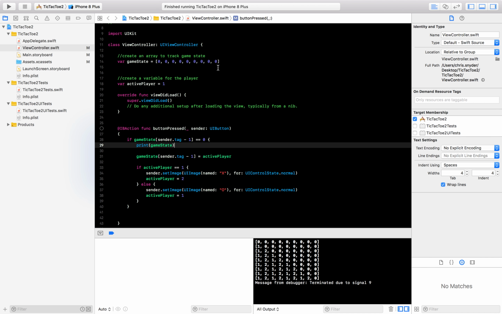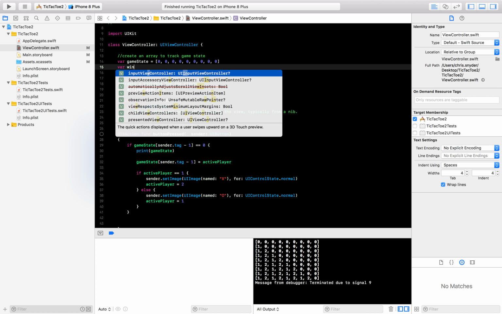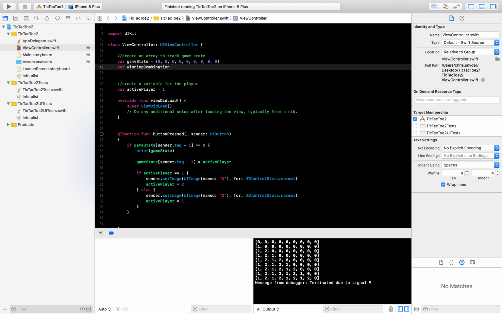All right, now the first thing we're going to do is create a variable called winning combination. And what this is going to be is an array of possible different arrays that can go into our